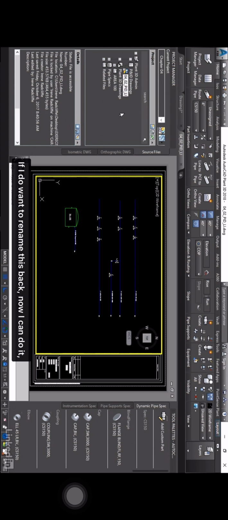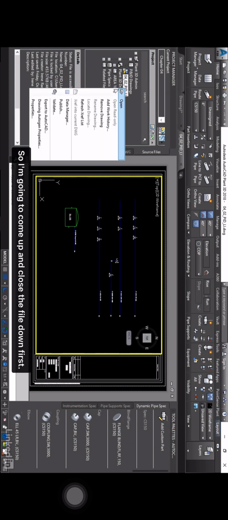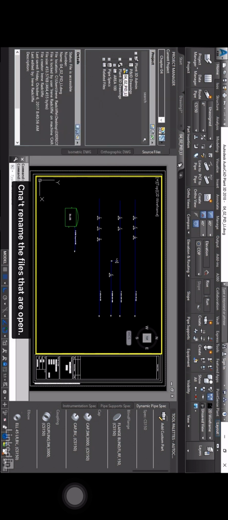If I do want to rename this back, now I can do it, but I have to do it through Project Manager. So I'm going to come up and close the file down first. We can't rename the files that are open. I'm going to right click. I'm going to rename. And now I'm going to take off that LinkedIn designation, and we're back to having just